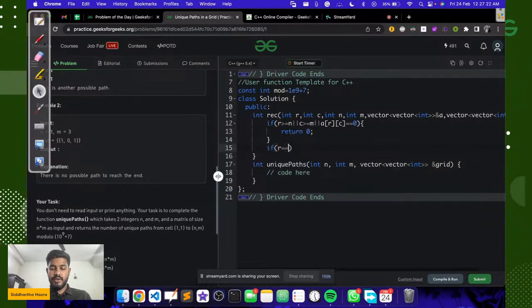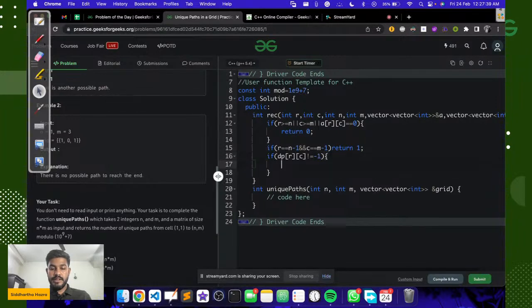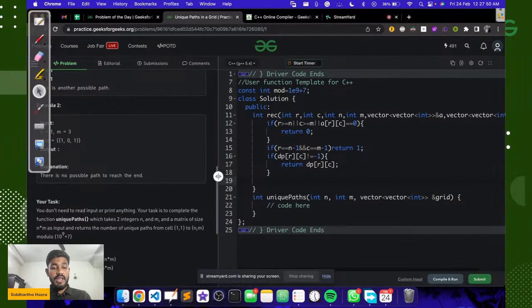Here we would say if row is equals to n minus 1 and column is equals to m minus 1, then we would return 1 from here. If dp of row comma column is not equal to minus 1, we would return dp of row comma column, and then we would say int down is equals